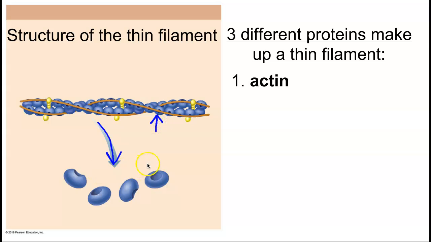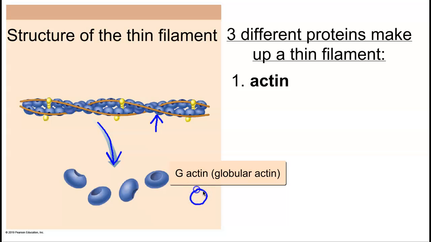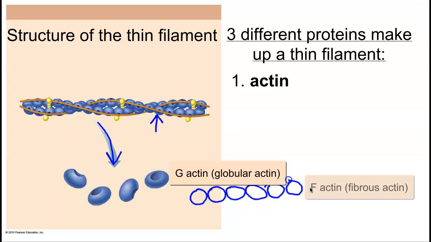They're deconstructing this to show us that there are two forms of actin. There's what's called G-actin, which is just globular actin, which is like the bead-like portion. But the thin filament is made out of a strand of actin, so the G-actin can form a linear strand, just like beads on a string, and we would call this strand F-actin or fibrous actin. And so the thin filament is made up of two strands of F-actin that are spiraling around